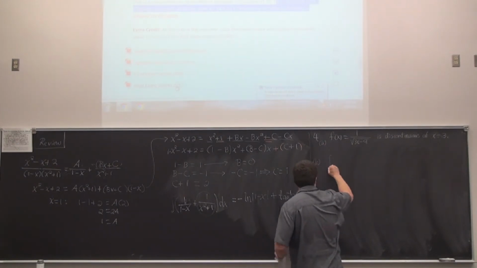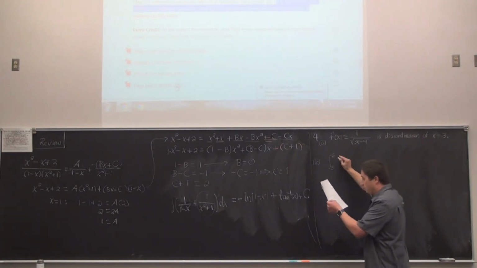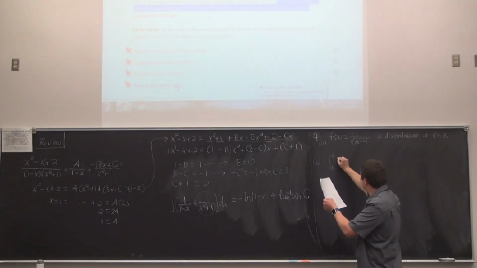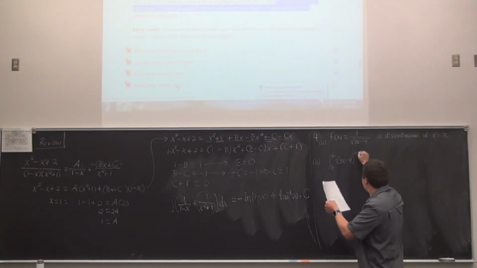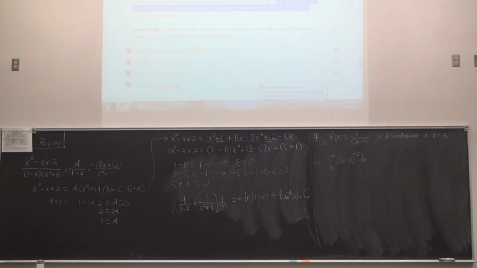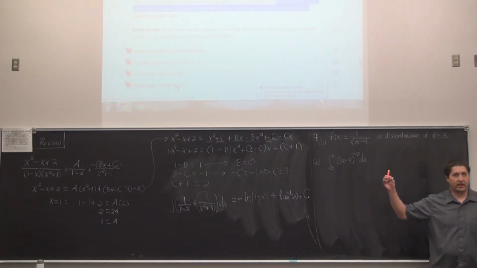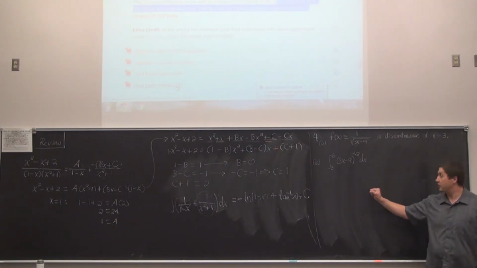Because in part B, even though it's improper, we can still attempt to evaluate the definite integral from 3 to 6 of, I would write this as 3x minus 9 to the power of negative 1/2 dx, just because it's easier for me to see that as an antiderivative. But the major feature of this kind of problem is the correct limit notation. So I'll use this chalk to say what's expected for that notation.